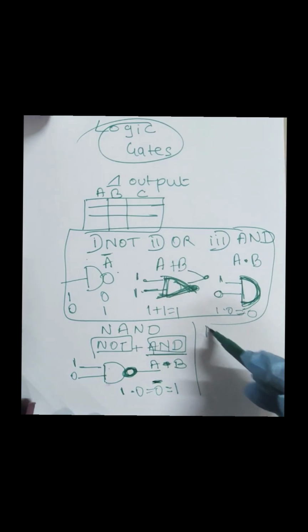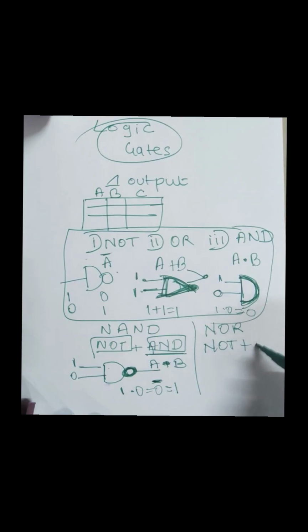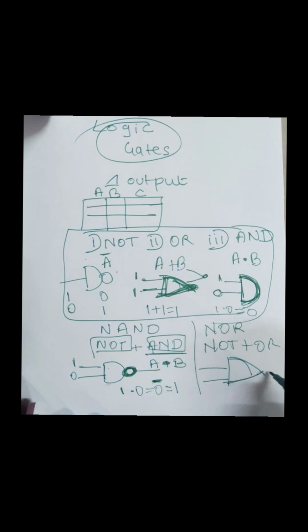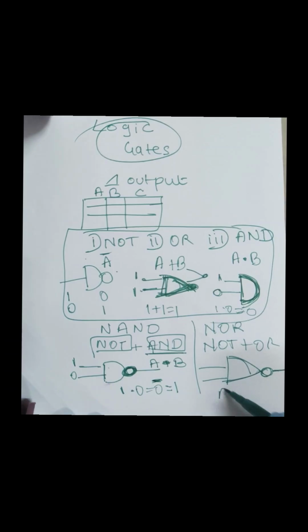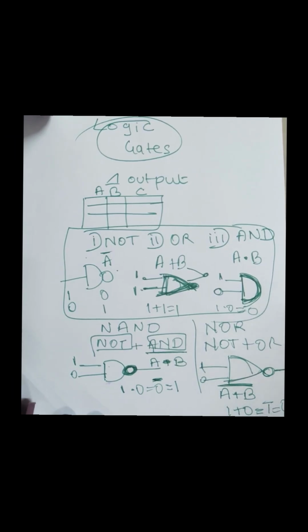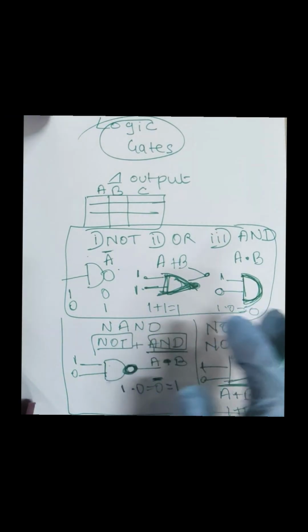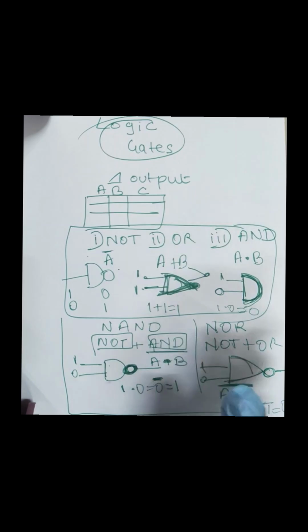And the last one, which is NOR. You must have guessed, NOT plus OR. This one plus one small bulb is known as NOR. A plus B dash, that means 1 plus 0 is 1, 1 dash equals 0. So these 5 gates are very important, and you can do a lot of questions only with these 5 gates